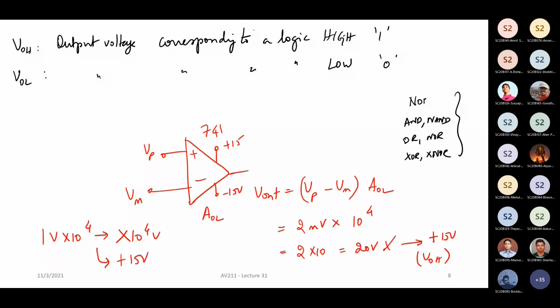So when it is going into the nonlinear region of operation, the virtual ground concept and other things will not work here. Because when your output is at plus 15 volt, you don't know if you had an input difference of 2 millivolt or 1 volt or 5 volt or half a volt. For all these differences, it is going to give you plus 15 volt. It's only in that linear range, which is very narrow, that you will have this kind of a response.